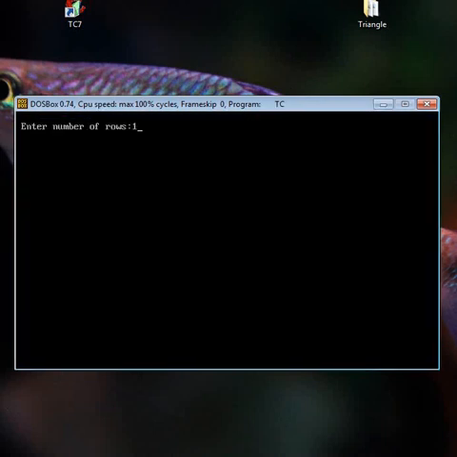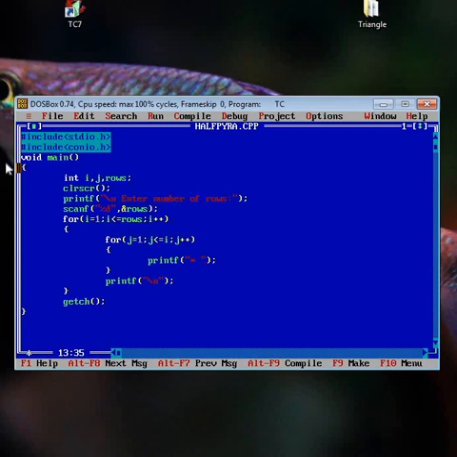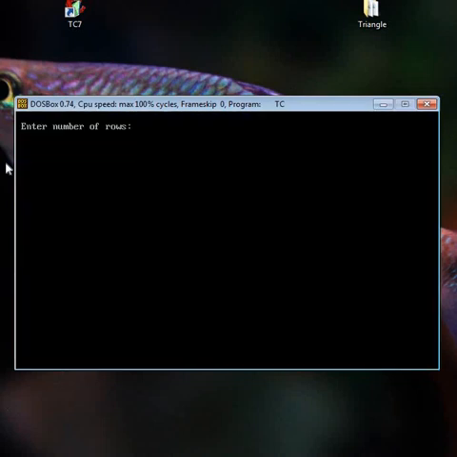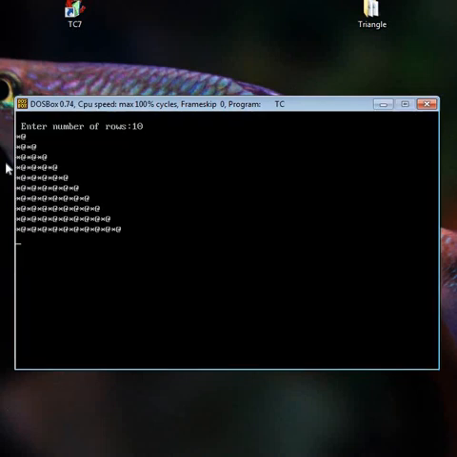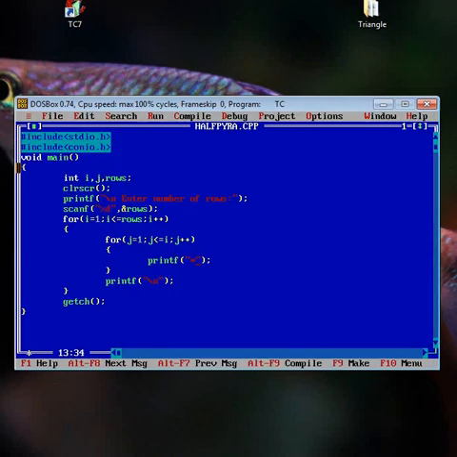Just try it. You can see the structure is very nice. If you write anything here, that will be printed after the star. Previously we used a blank space, so the blank space was printed after the star, which looks better.